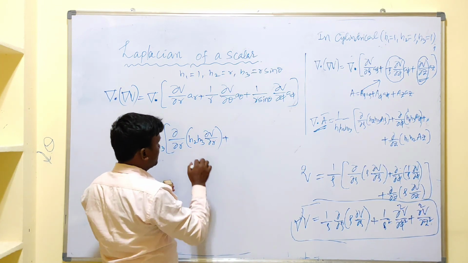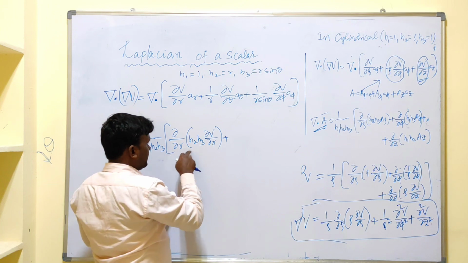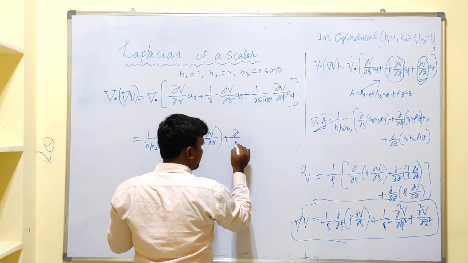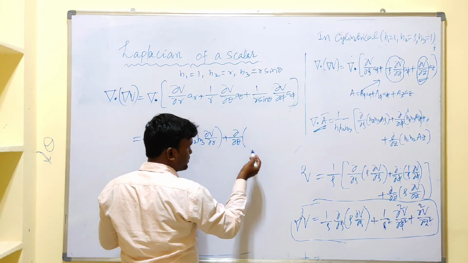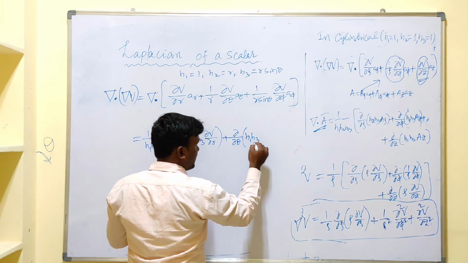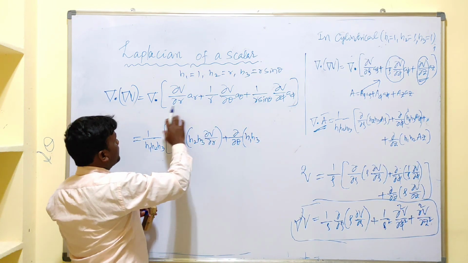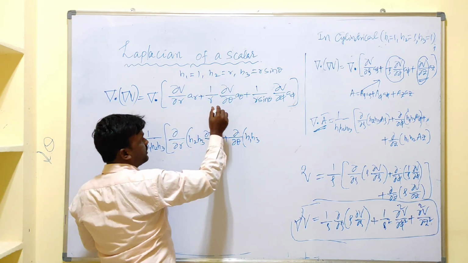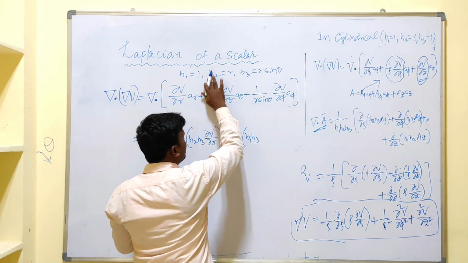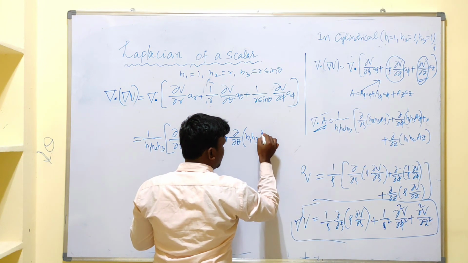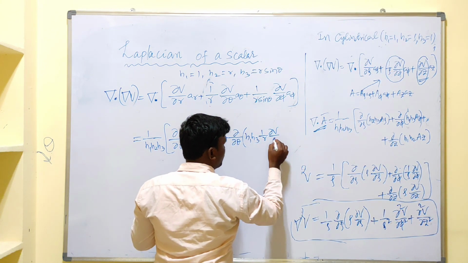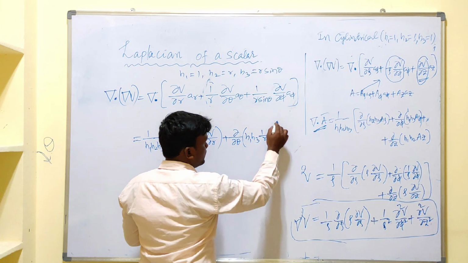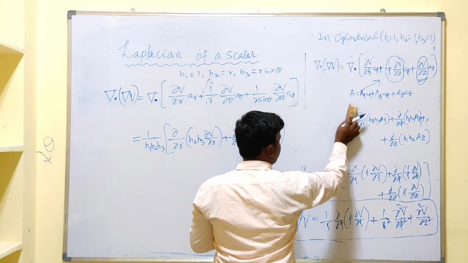Next, not the last one, the second one. As it is the second element, we have to write ∂/∂theta, except H2, take H1 H3 and the A theta component. Okay, we are applying divergence for this vector. Now what about the A theta component? This one, that is 1 by r into ∂V/∂theta. And the last element is nothing but what?